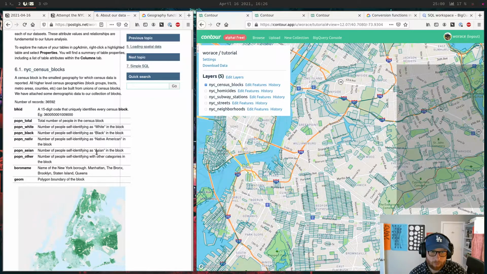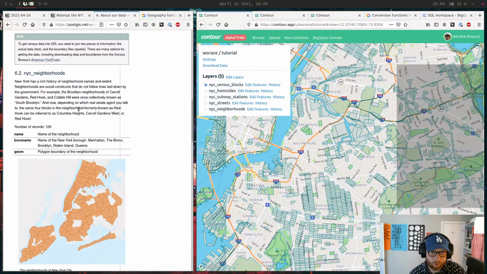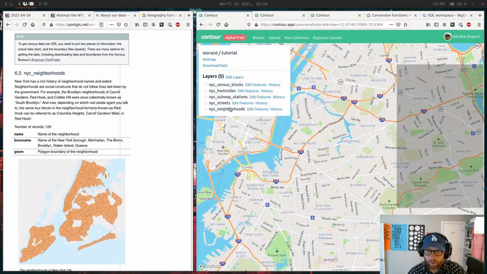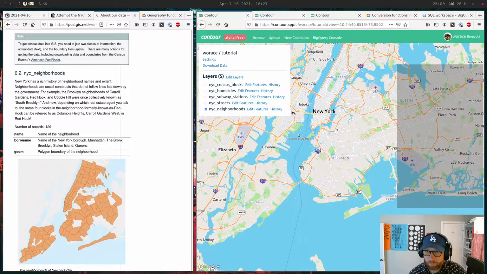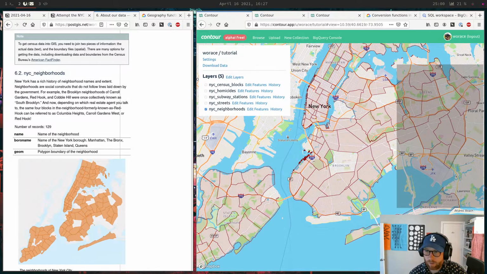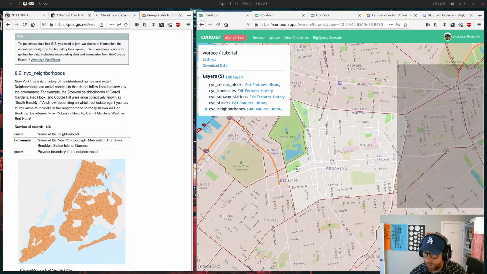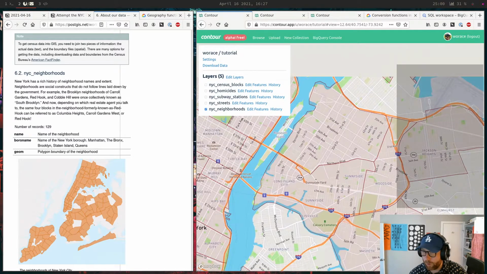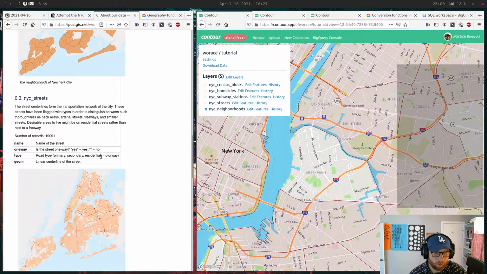So we have the census blocks. That's just government census data. We got the neighborhoods. I don't know where they got these from, but they're just some random neighborhood polygons. The neighborhood polygons are of extremely varying quality. A lot of them are missing. Oh yeah, there we go. Oh, that's funny. What is this one? What should be here? I don't even know what neighborhood this is missing. I think they're missing Greenpoint or something. Yeah, no Greenpoint. So that's a little screwy, but neighborhoods are in there.